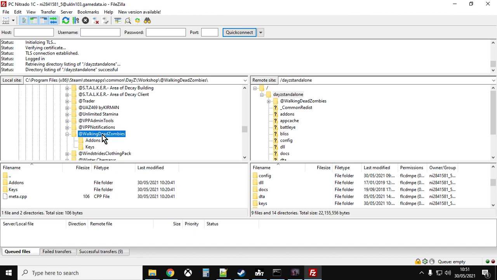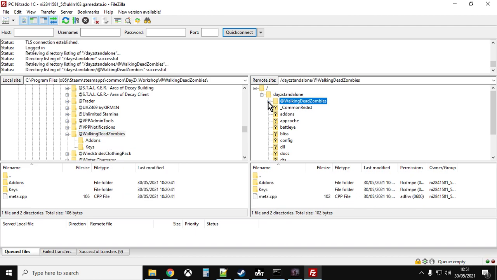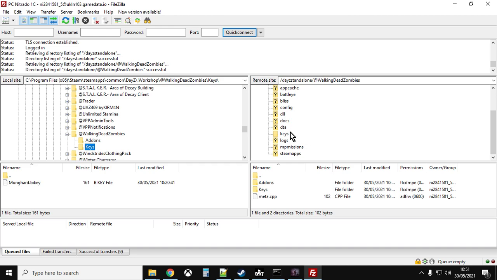Left click on Walking Dead Zombies, right click upload, and that will then upload it. So it's sitting there ready to go. But then what we need to do is add the key as well. So go into the keys folder, so left click on keys, scroll down inside your server to get to the